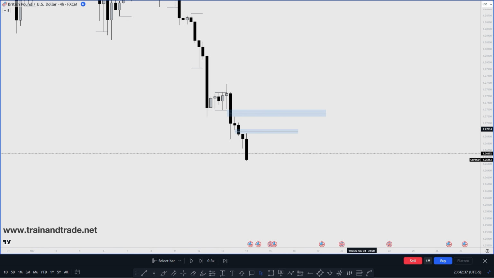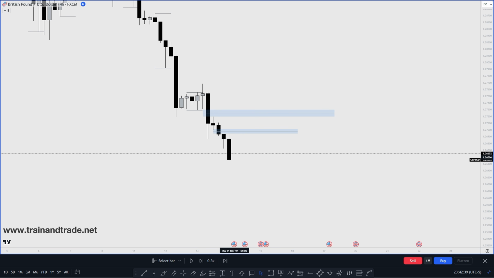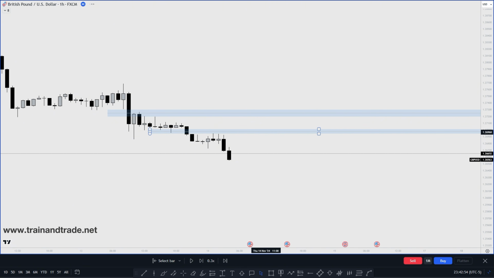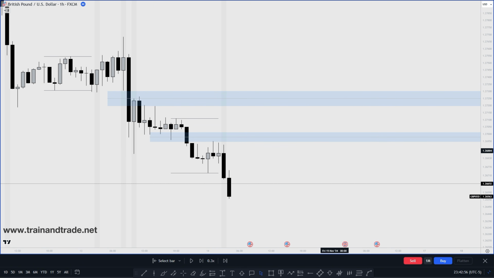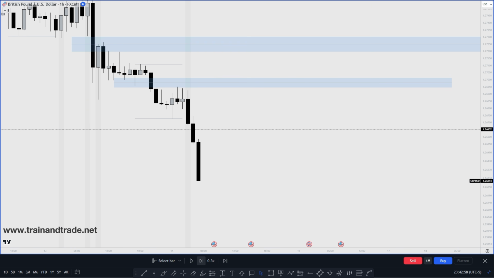Now, why is this important? Because if we get some sort of reversal sign here on the lower time frame, we have clear objectives. Typically, if I look for a setup on the M15 or the hourly, I'm looking to take profit at some sort of 4-hour level or a daily level. That's typically what I'm looking for. Now, let's look further down into this setup now that we have our ranges marked, and we'll see if we find something of any significance.